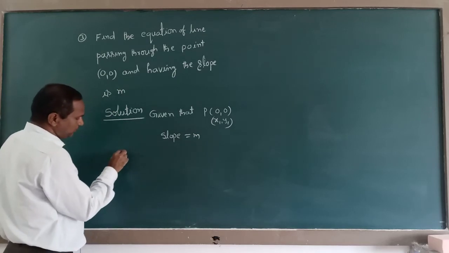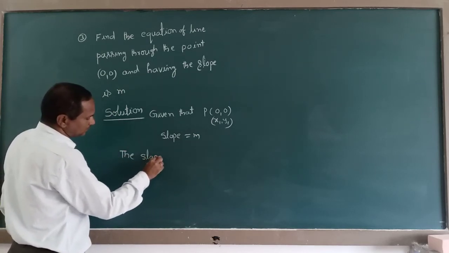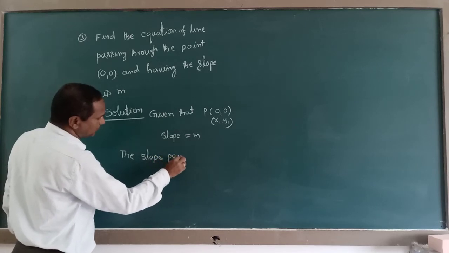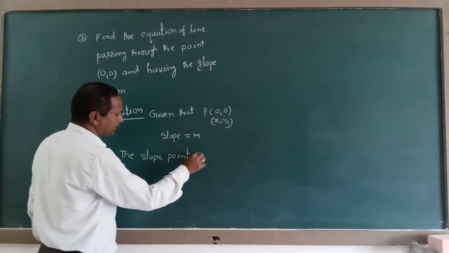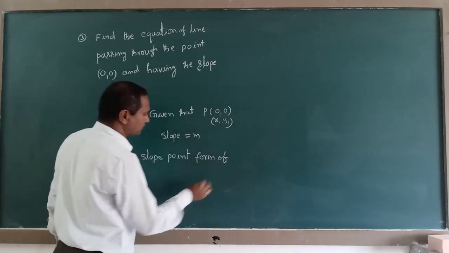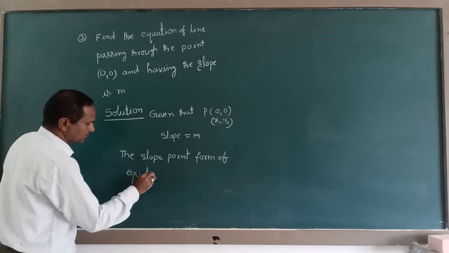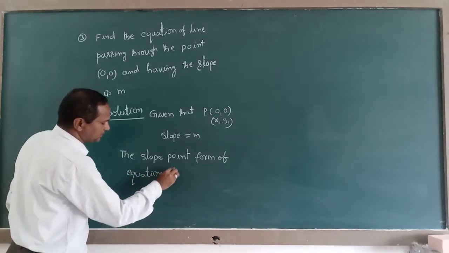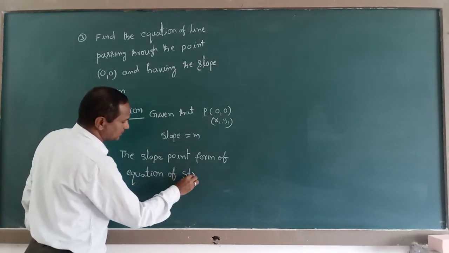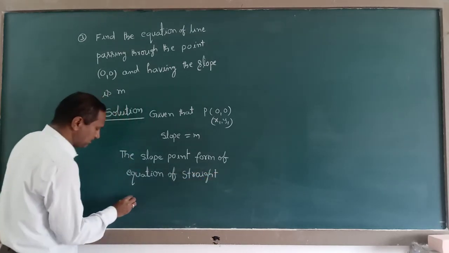The slope point form of the equation of a straight line is given by